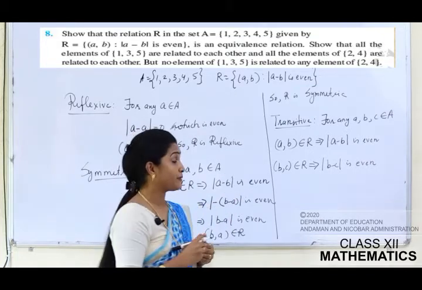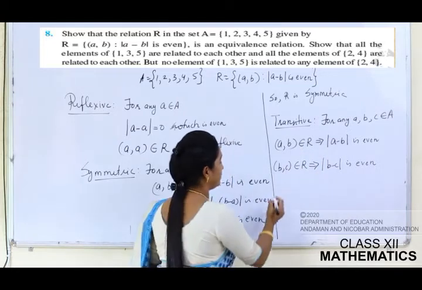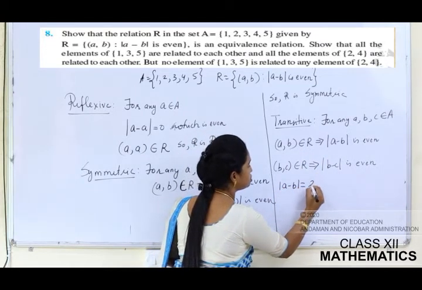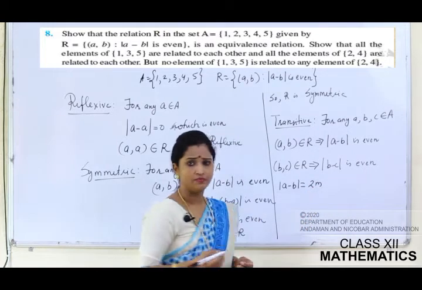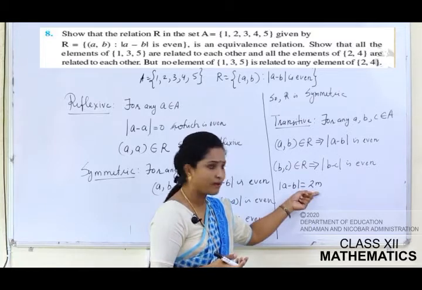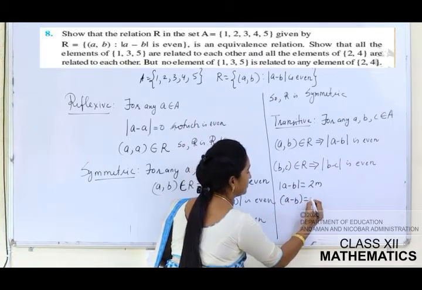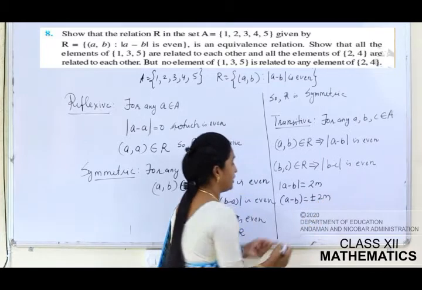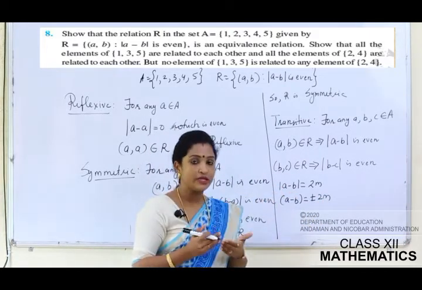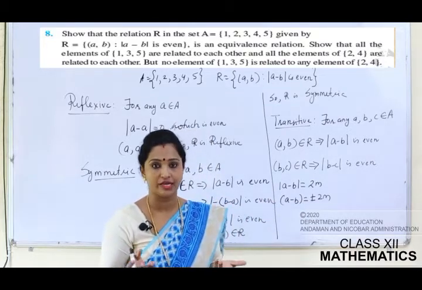ठीक है, उसके लिए आप कैसे प्रूव करेंगे इसको? देखिए, A minus B is even means what? A minus B is even means A minus B is multiple of 2, है ना? 2 से वो डिवाइड भी होगा या मल्टीपल आप लिख सकते हो 2m. I can write down 2m here. That means A minus B is equal to plus or minus 2m. आपको याद होगा मॉडुलस से जब भी आप नंबर्स को निकालते हैं, you have to always write the answer in plus and minus. ओके, ये मॉडुलस का डेफिनेशन है, करेक्ट?